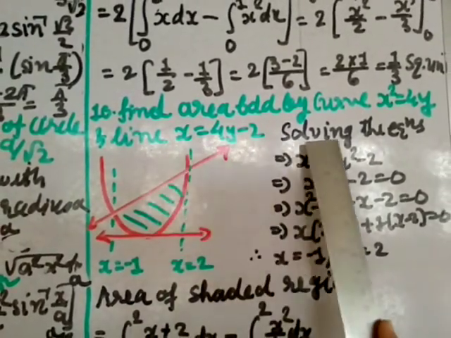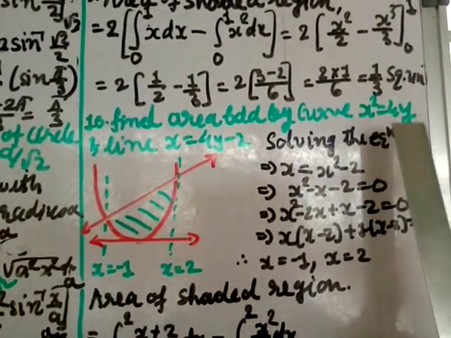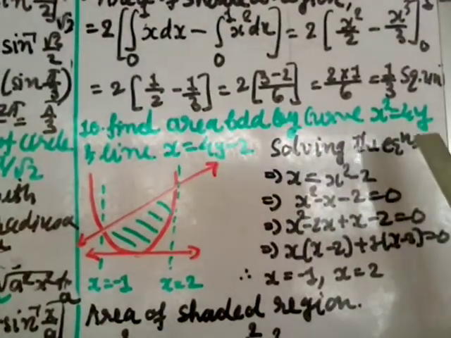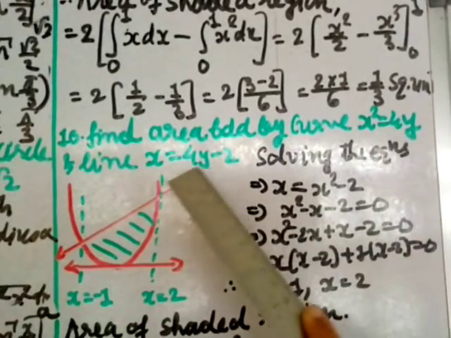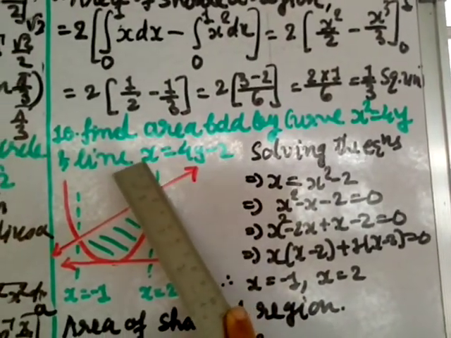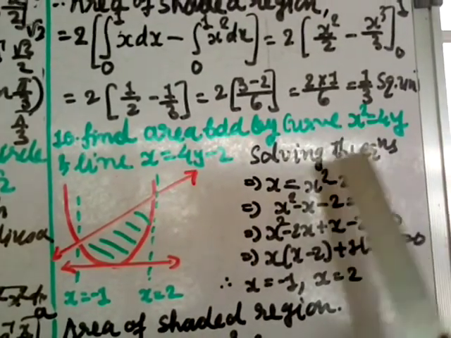So I am going to solve the equation of the line and the parabola. Here x is equal to 4y and here x equal to 4y minus 2. I need the x value, so I'll put the y value from here, 4y here. Okay, 4y is here and I'll put 4y is equal to x square here. So I'm putting, instead of 4y, x square. So here x square minus 2.